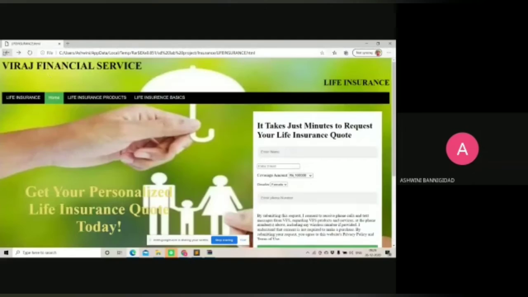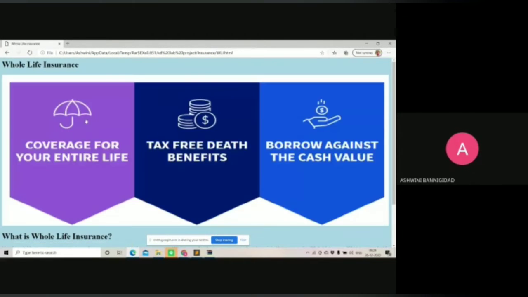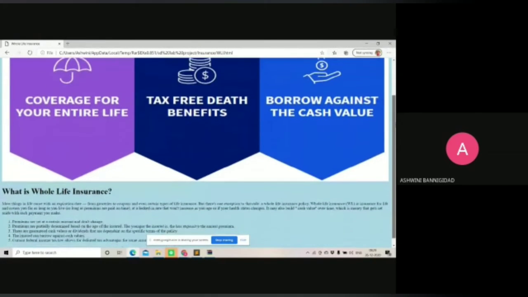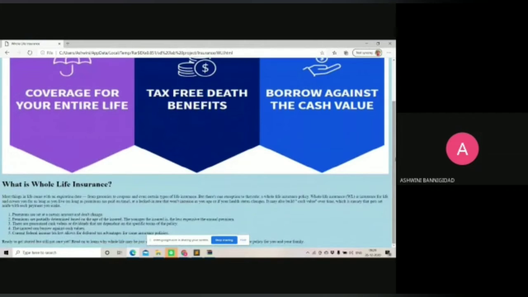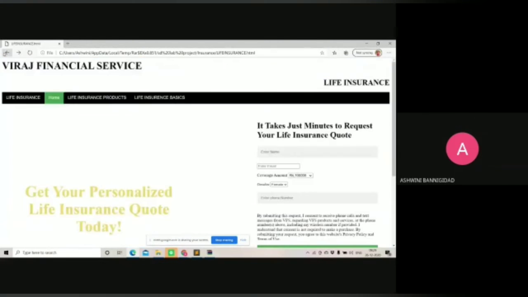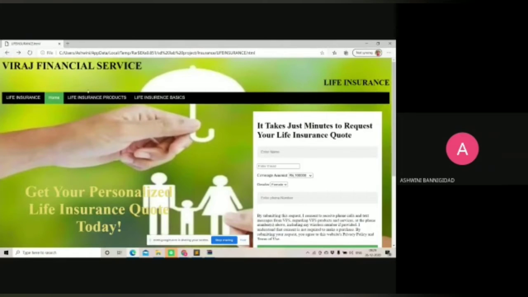The next one in the life insurance products is whole life insurance. In the whole life insurance page, we just added this image and gave the customer the information about what whole life insurance is. By going through this information, the customer will get the insurance terms and its benefits.